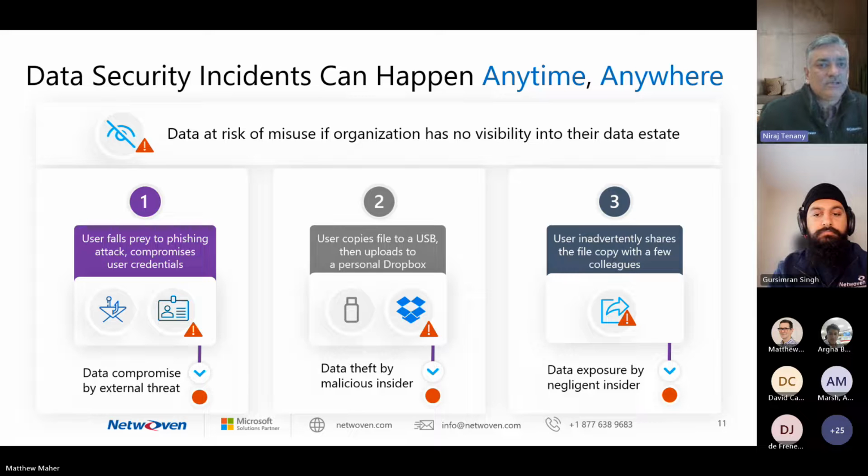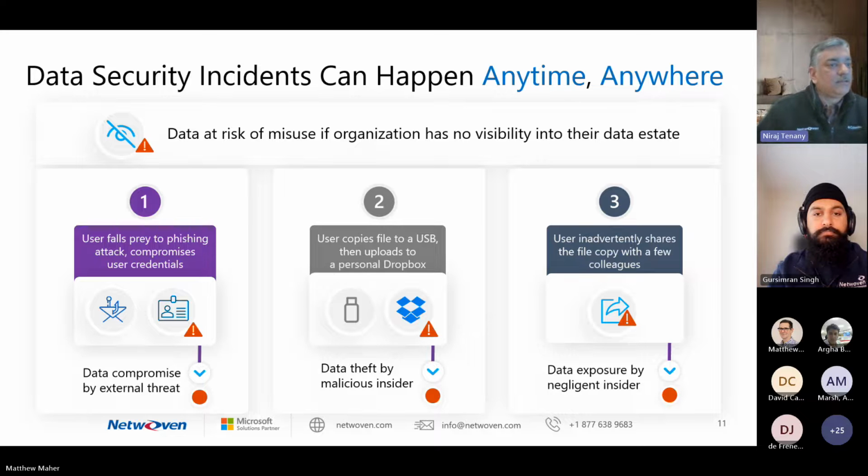So it's not just about sharing externally; it's also about sharing data internally, and then people leaving with that data. That is a bigger problem across the board in how data is exfiltrating across organizations.